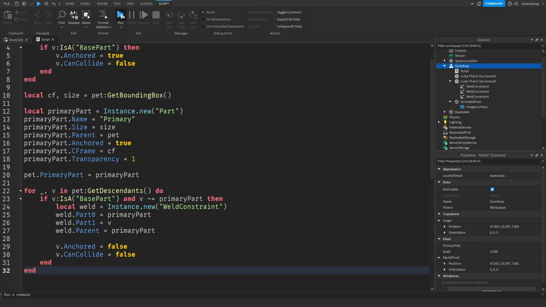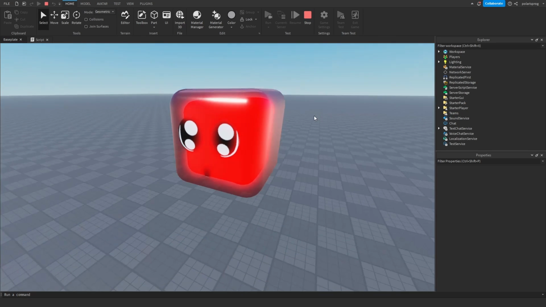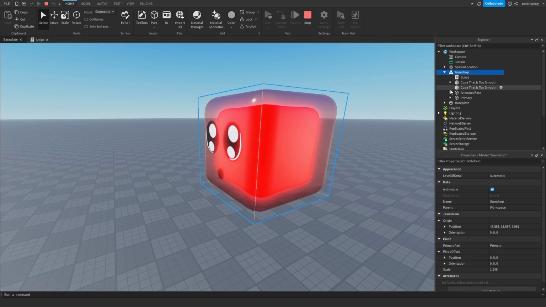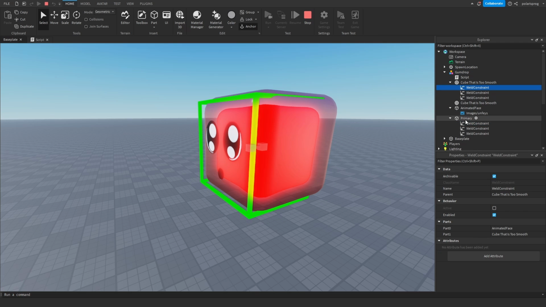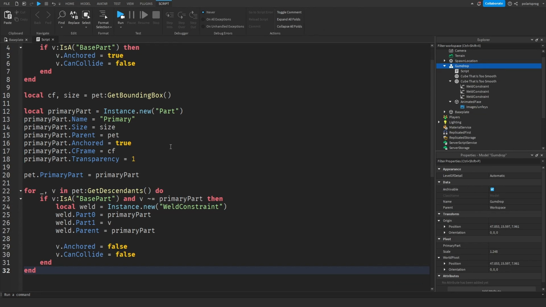And let's see if that's gonna work. So we're gonna run the game, and as you can see, we have a fully rigged pet, I think. Okay, so everything is rigged up together. But what I'm gonna do is just